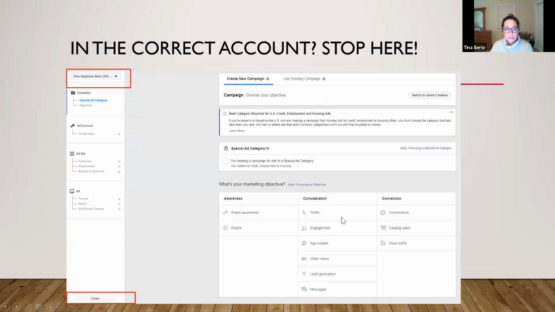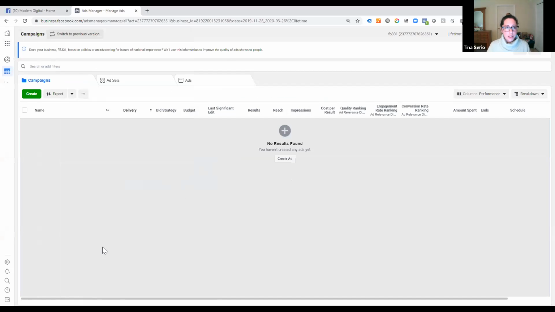Okay. So first thing you're going to do is click, sorry, I missed my prompt here. So when you're in the main screen for Ads Manager, you may see a bunch of campaigns if you've already tried launching some campaigns. What I want you to do is click on this green button over here that says Create. If you're on one of these other tabs, go ahead and click on your campaign tab right here and click on Create.